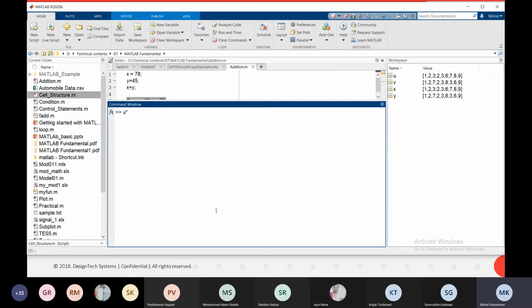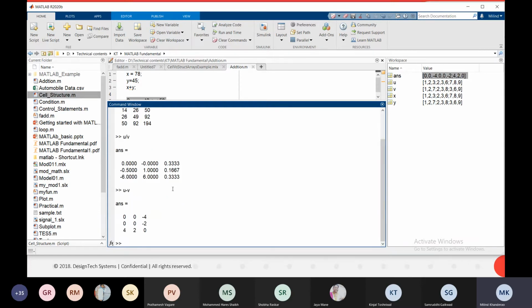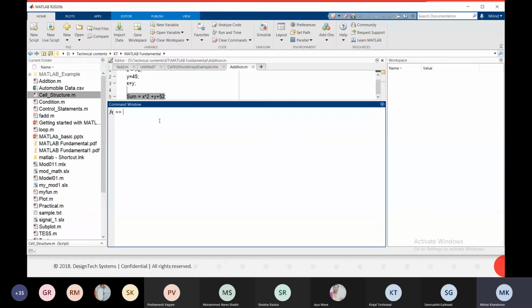U into v, the multiplication of two matrices. Now u divided by v, then u minus v, u plus v. So many operations you can perform. So I will just consider one example.